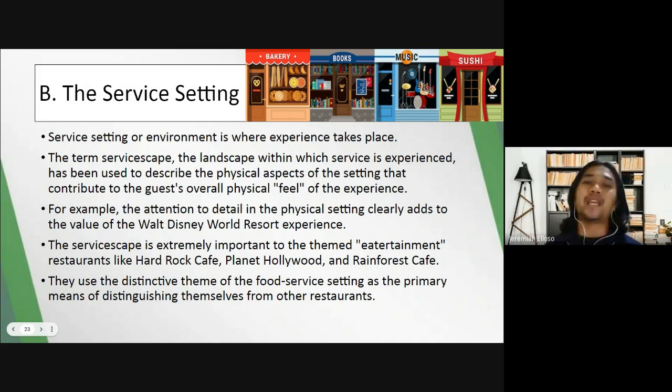Okay, you see that when you visit the different booths or different stations and facilities in the whole of Disneyland Resort, it's thematic, or you can feel the ambiance. You can really feel that you're like in a movie. All right. So the servicescape is extremely important to themed entertainment, or when you put entertainment in eating or in dining. And also, especially with the advent of the many different thematic restaurants, because people nowadays are into Instagrammable